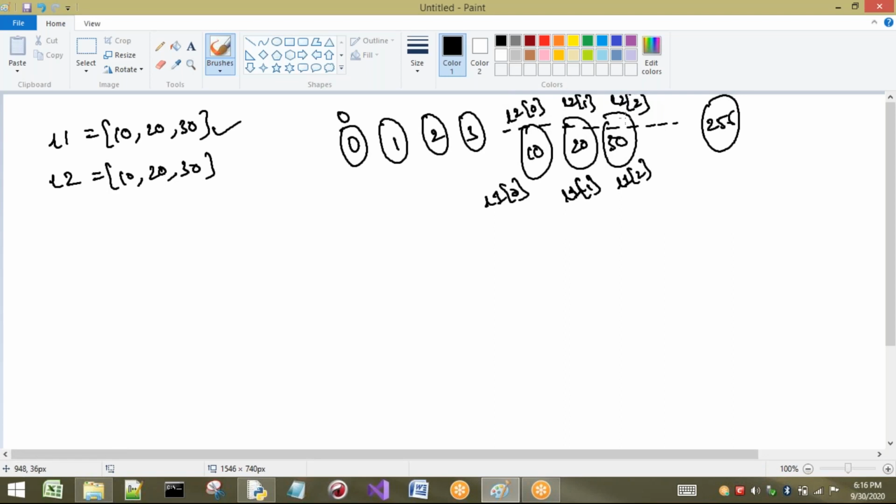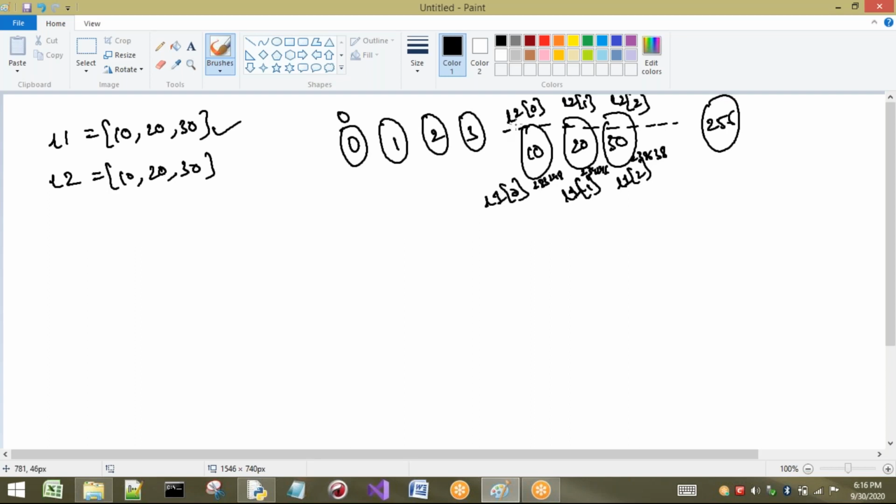Now if you have any doubt, I will show you the addresses of each individual element. Let us take the address of this one as 283248, here 234246, and here 238638, for example. Now if I ask L1 of 0, it will give this address.